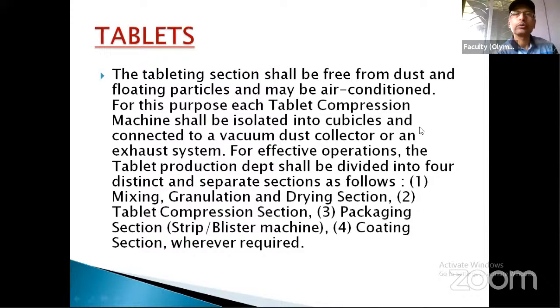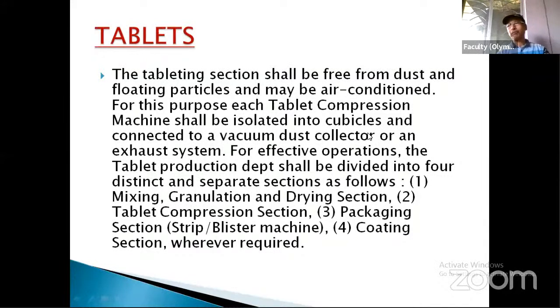So, tablet compression. And third is the packaging section. After preparation of the tablet, you have to check the tablets visually and physically, whether there is any particle, any black spot, whether there is any mottling or the like. After checking the tablet, it will go to the packaging department,